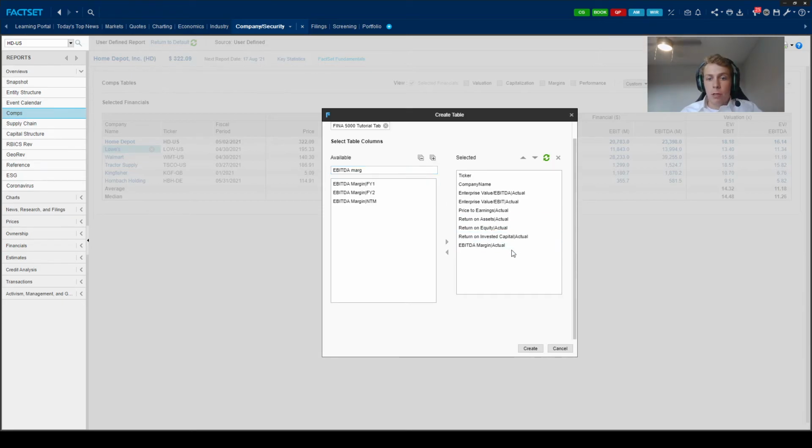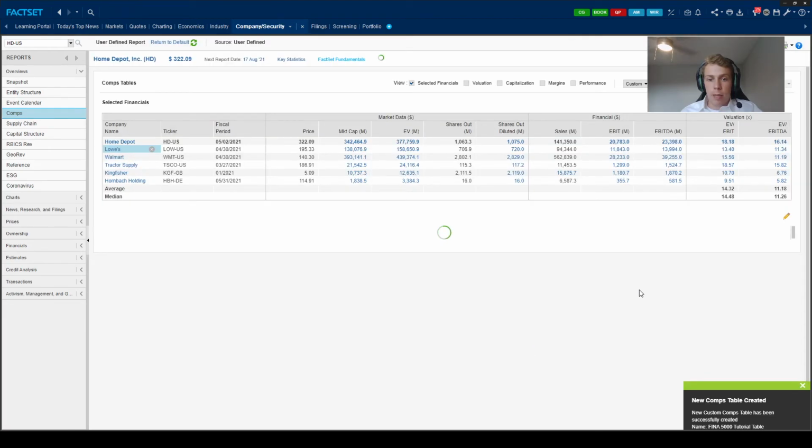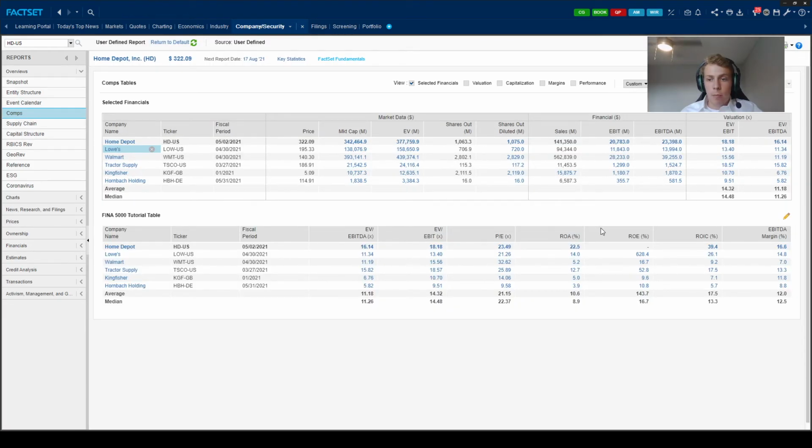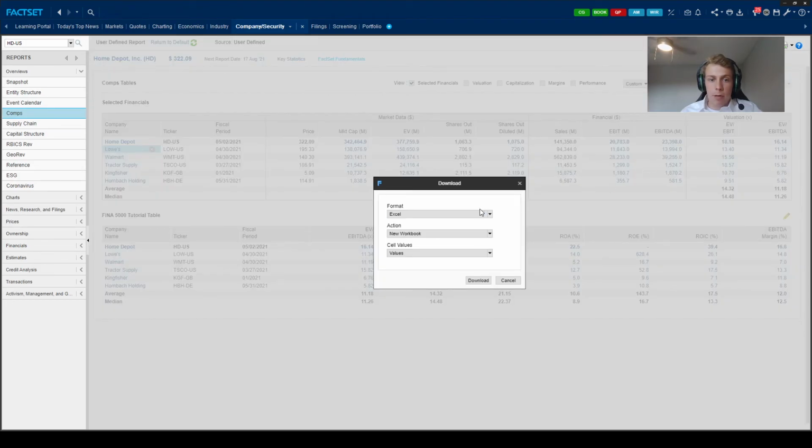But once you have your ratios all picked out, you basically just go down here to the bottom right and click Create in order to create your table. And then once your table pops up, you go up here to the top right and hit this little green download arrow in order to download the information. You can download as Excel and just cell values, so you don't have to actually change anything there. So just hit Download